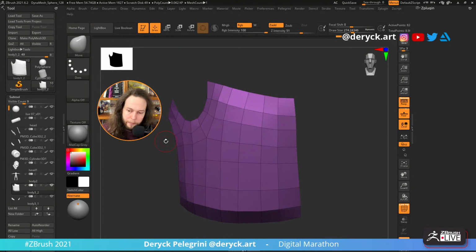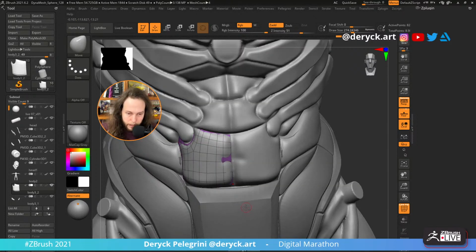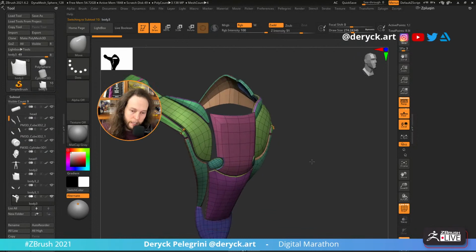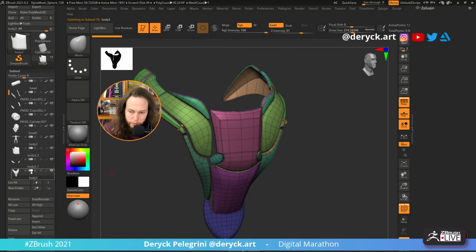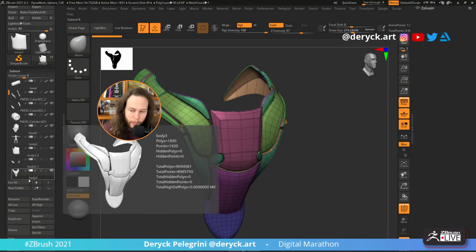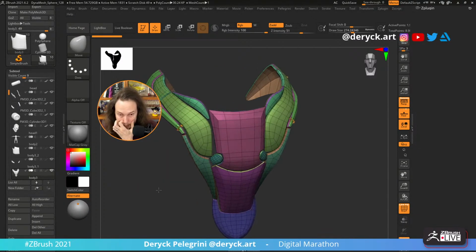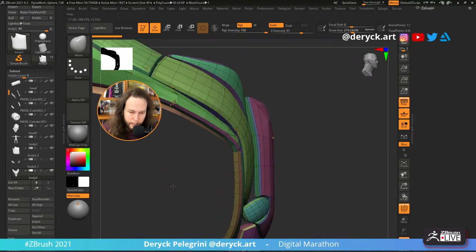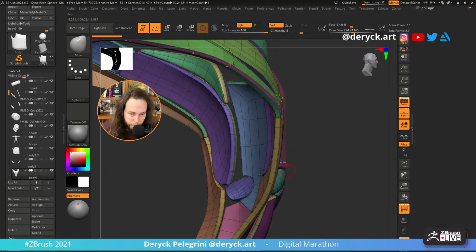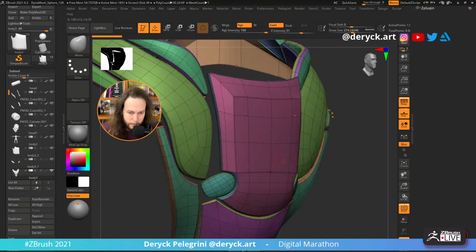this does is you just combine those subtools together. They are not actually merged together like the vertices and things like that. So, for instance, if we take a look at this part here, you can see if you look at my subtool palette, it's only one subtool, right? But they are separated. But I have